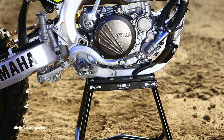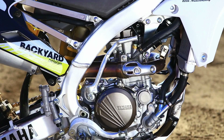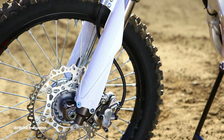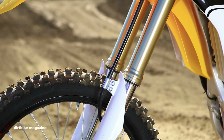Yamaha returns with KYB suspension front and rear. The front forks received new settings. The rear suspension received new settings and a softer shock spring. The front disc has been increased in size to a 270mm disc, and the pad material has been changed for